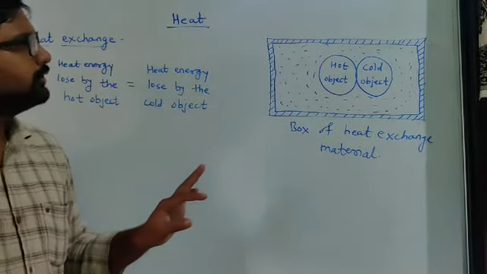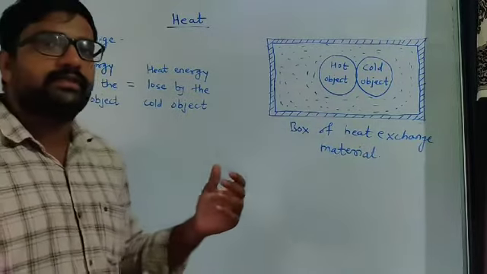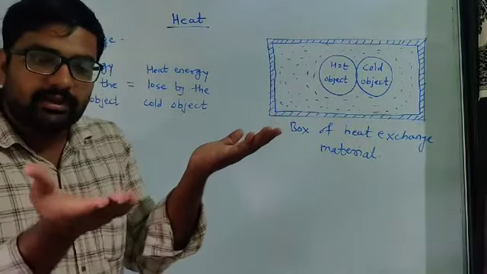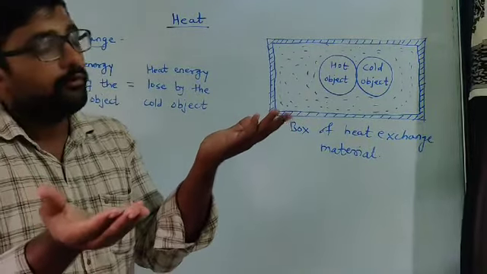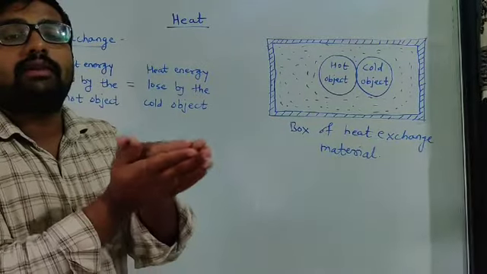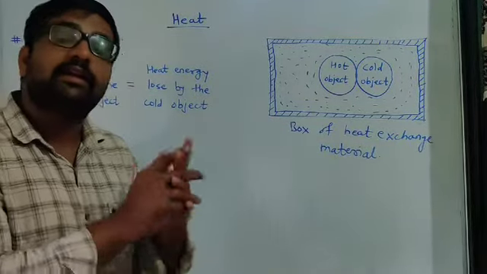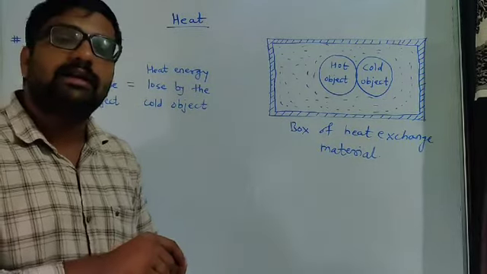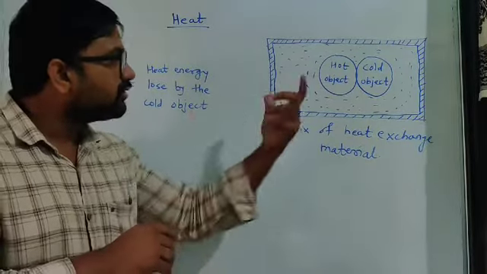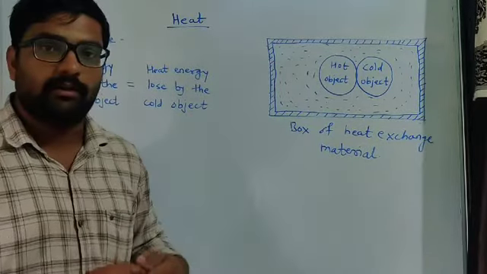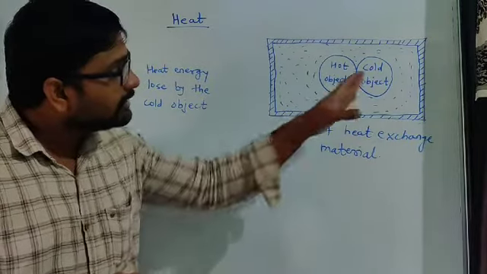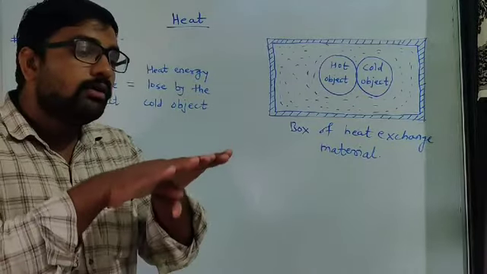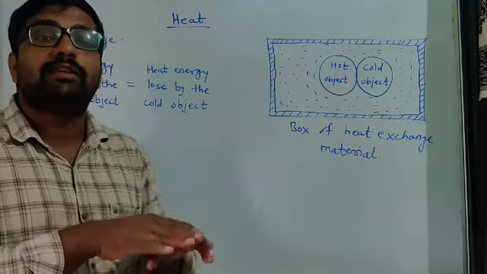Now suppose we consider two objects, one hot and one cold. Suppose one is at 30 degrees Celsius and one is at, we can say, 0 degrees Celsius. Now we bring them in contact with each other, then heat exchange will take place in that condition. Now the question arises, for how much time does this exchange of heat take place? This heat exchange takes place up to the time when the temperatures of both objects